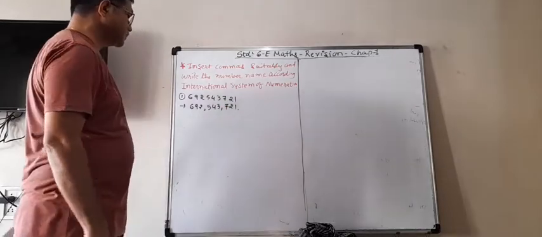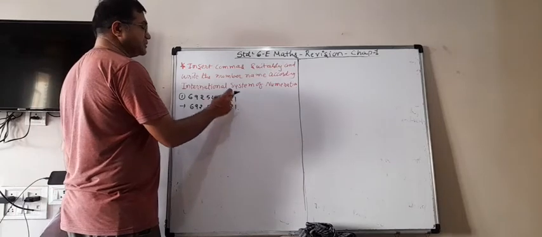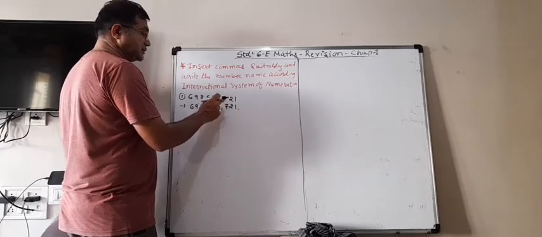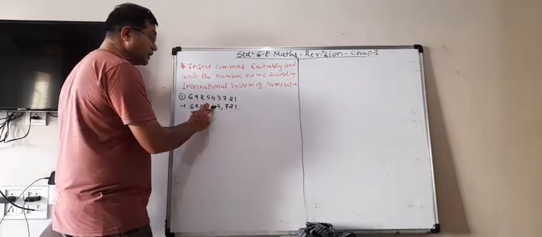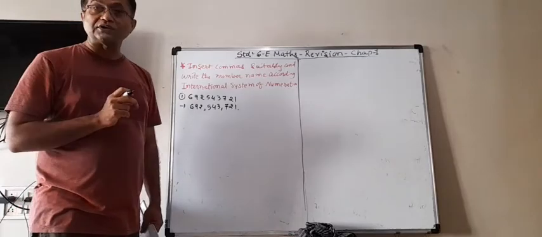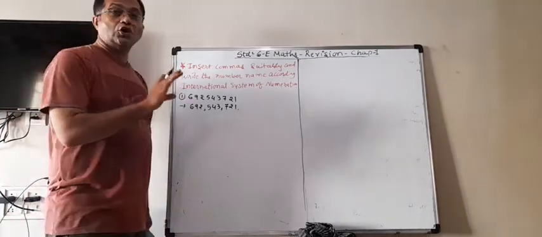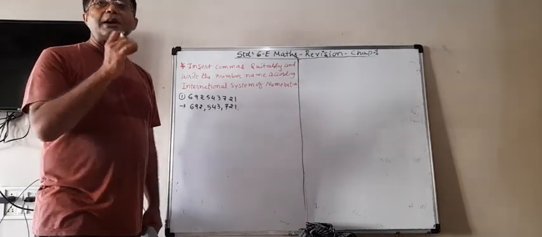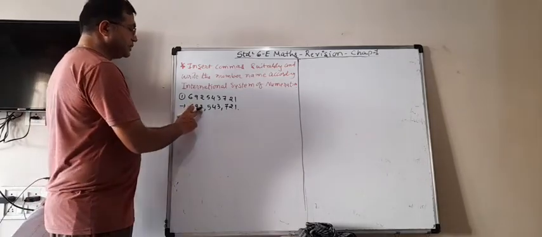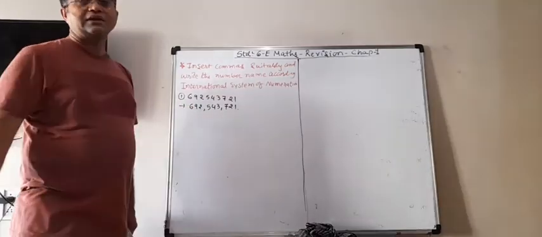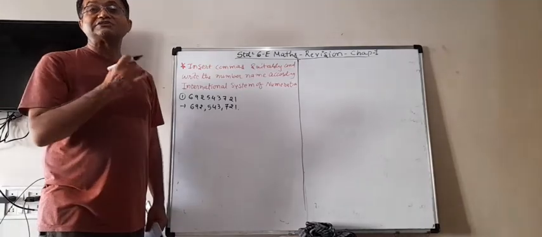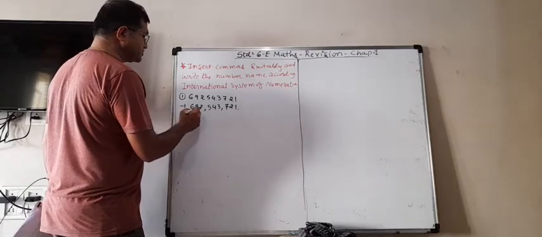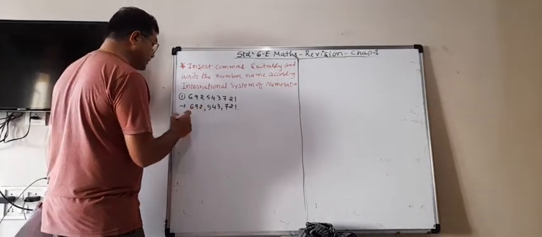In this system, there is the ones place, tens place, hundreds place, 1,000, 10,000, and then not lakh but 100,000. Then no lakh or crore, but there will be million now. So million, 10 million and 100 million. And if there is more, then it will start billion. So here it is in the 100 million, so it is 692 million.